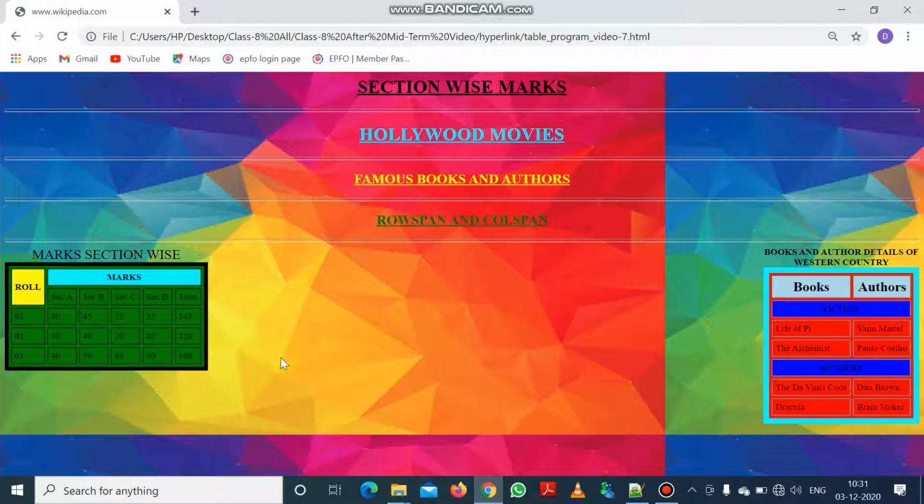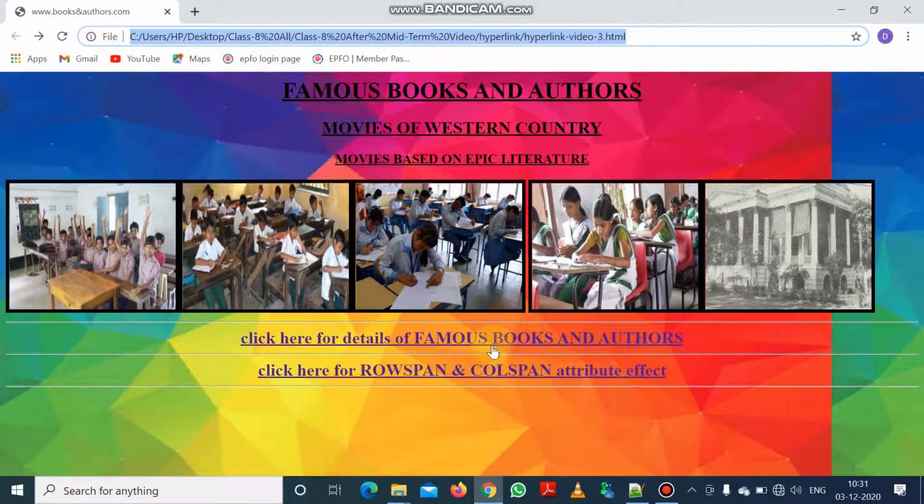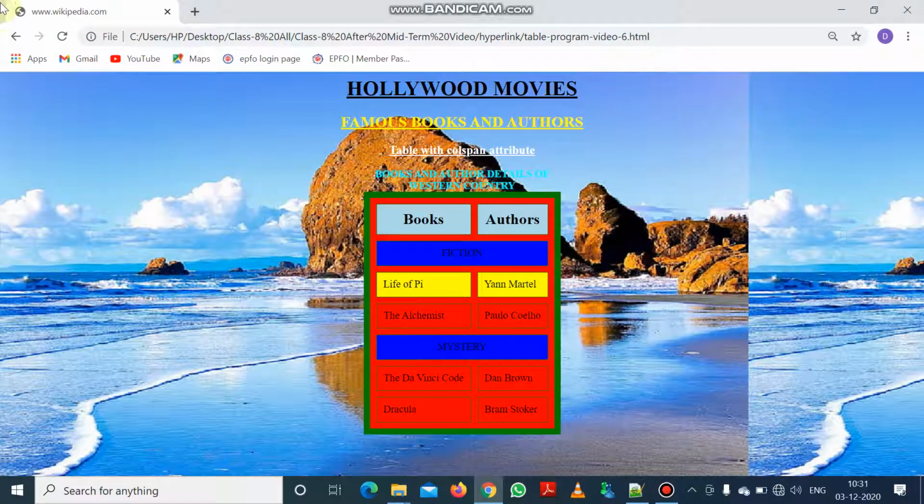So this is the second web page we have made, and the name of the second web page is table program video 7. This is the name of the second web page file, and the title of the web page is wikipedia.com.